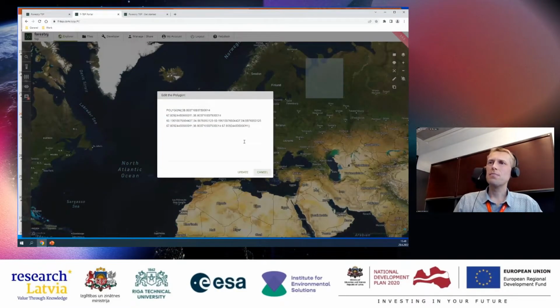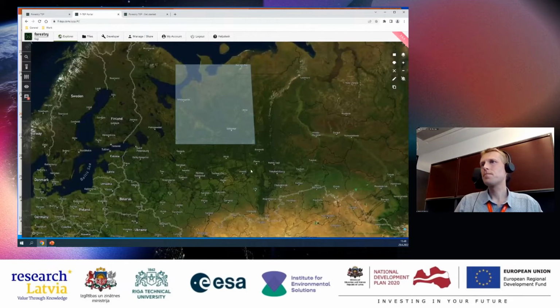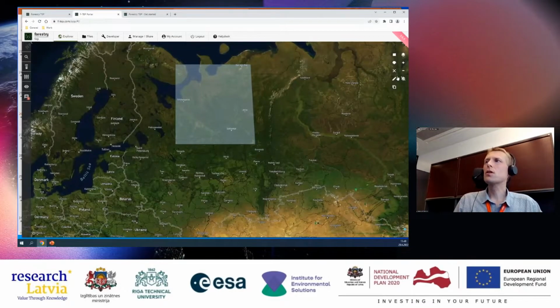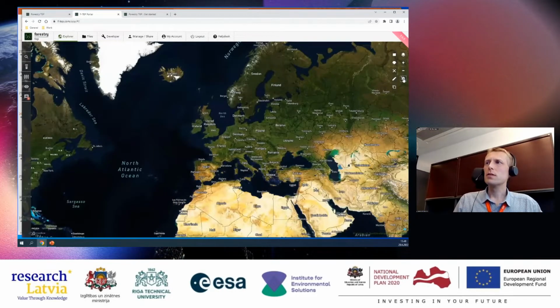You can see the actual coordinates, and you can, if you want, edit the shape of the polygon like that. And you can copy the polygon to clipboard, which means that if you click this button, you will get this string into your clipboard and then paste it. I will show later where it can be useful, for example. Or you can clear the whole screen back to its original position.